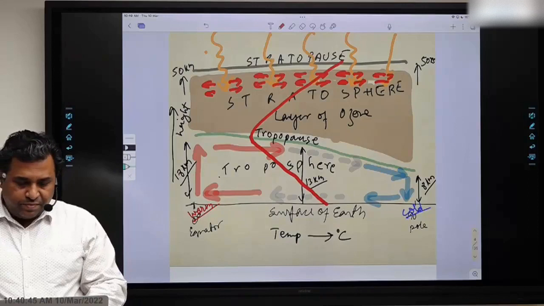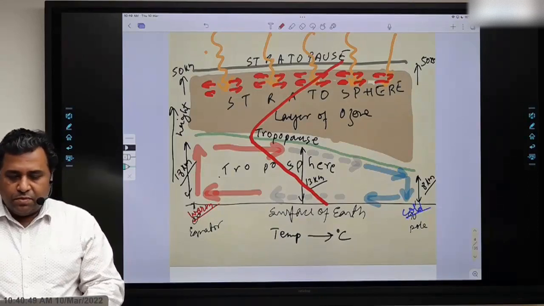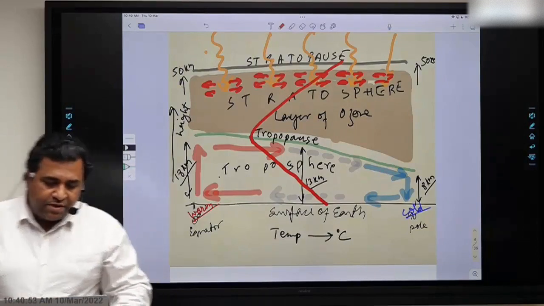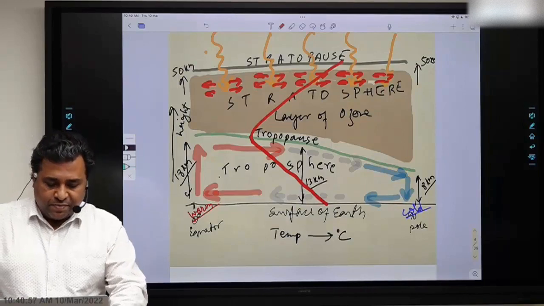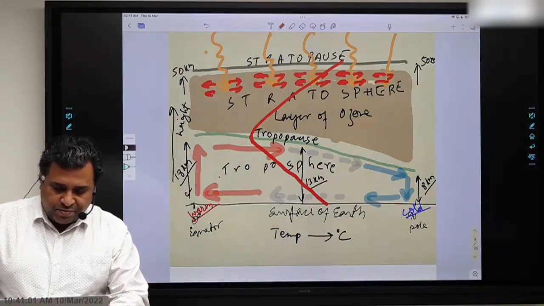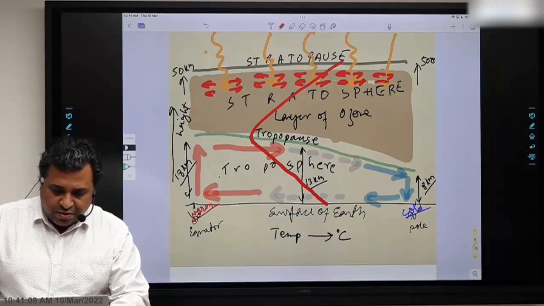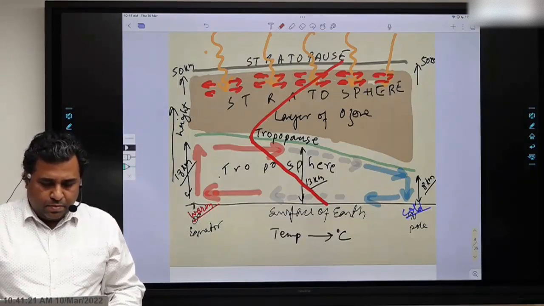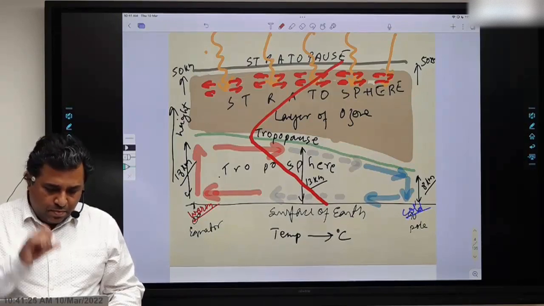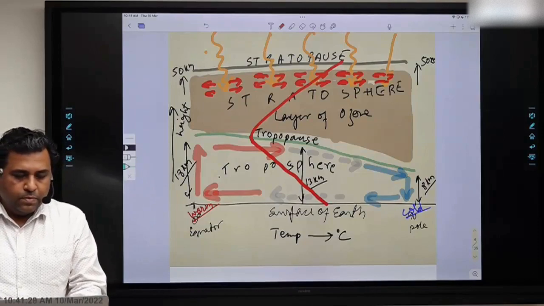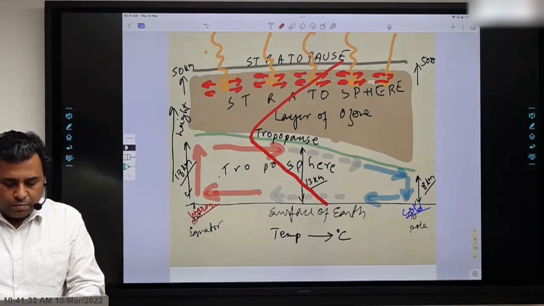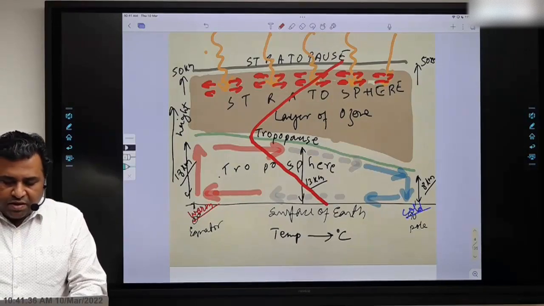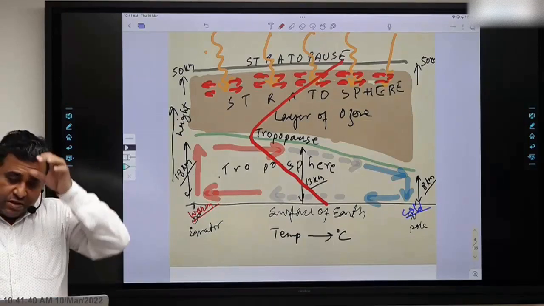ठीक है, so just write down that in the stratosphere, which stretches up to the stratopause at 50 kilometers from the surface of Earth, the region is full of ozone,